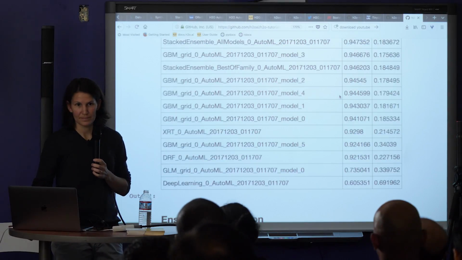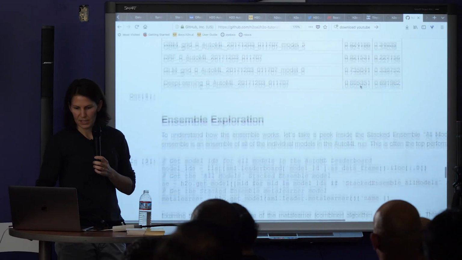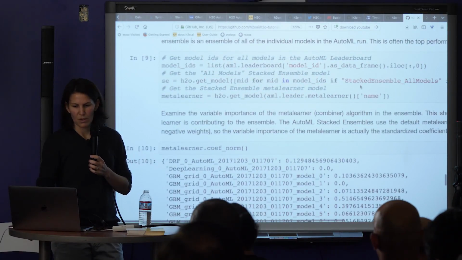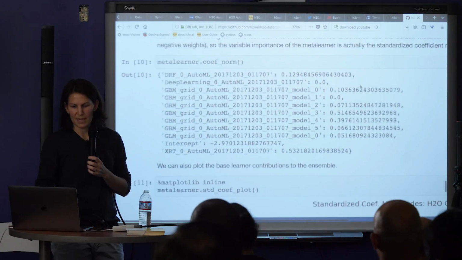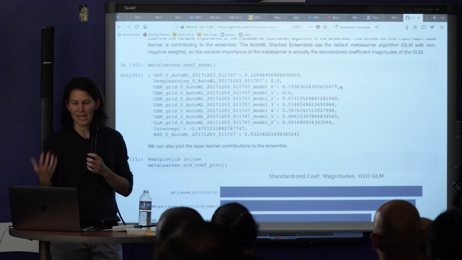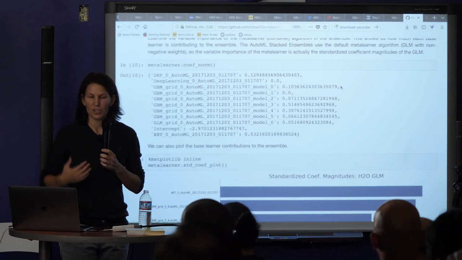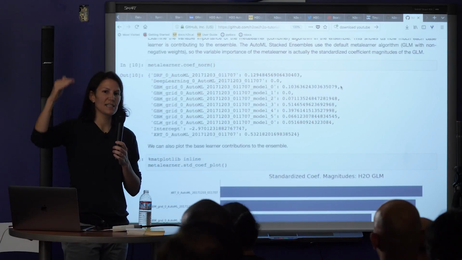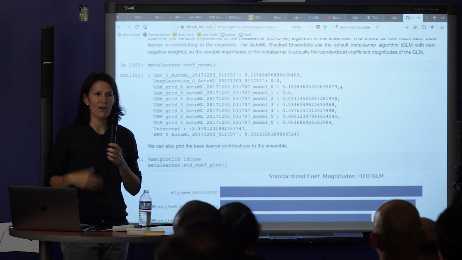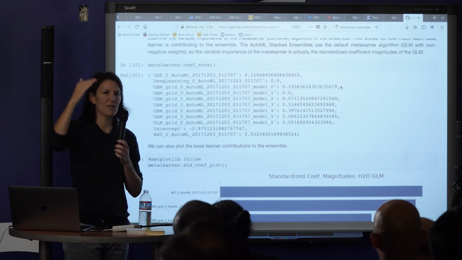Yeah, you're welcome. So let me just show you one thing, because I think it's interesting: ensembles. We could look at what the stacked ensemble thinks is useful. You could look at the leaderboard and get an idea, like this one's good, then that one, then this one. But how the stacked ensemble uses those models might be a little bit different than how they appear